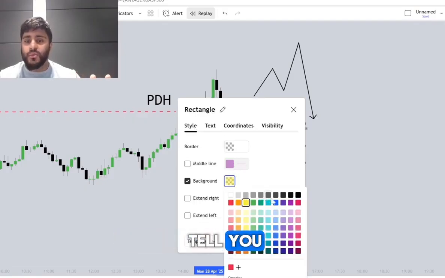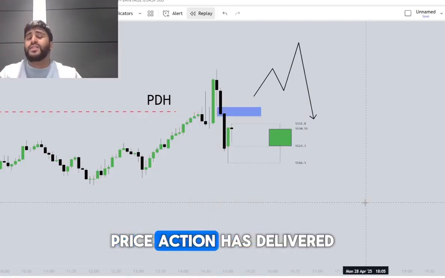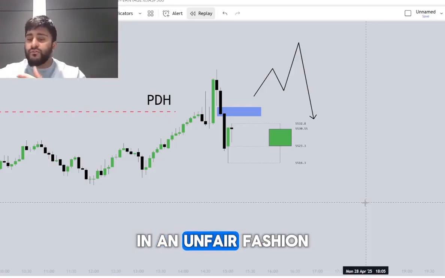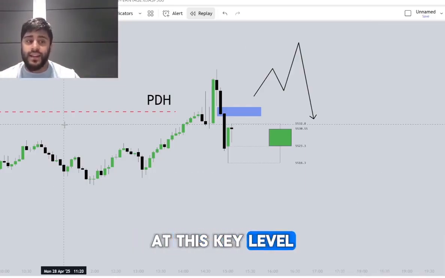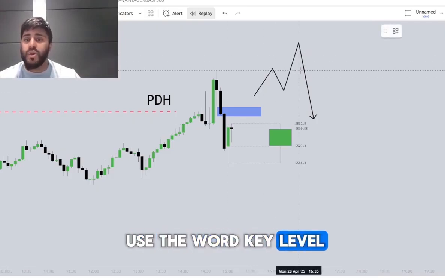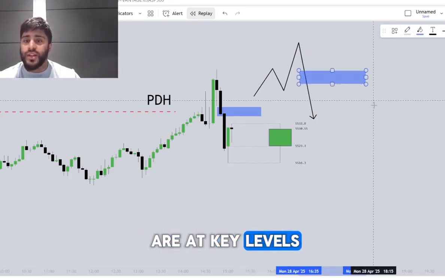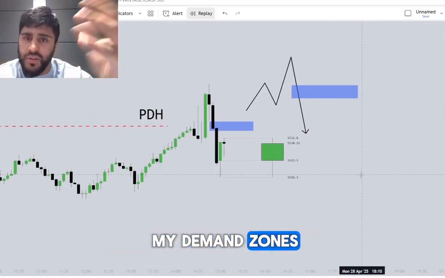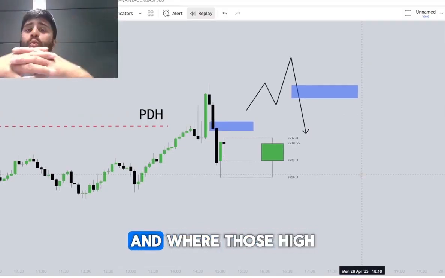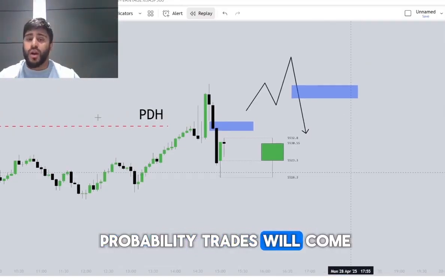What does an imbalance tell you? Well, an imbalance tells you that the price action has delivered in an unfair fashion. There's an imbalance between the total number of buyers and sellers at this key level. Now, notice how I use the word key level. All of my trades are at key levels, and I often get questions every single day. How do I form my supply zones? How do I form my demand zones? How do I know where to trade from and where those high probability trades will come? Well, it's